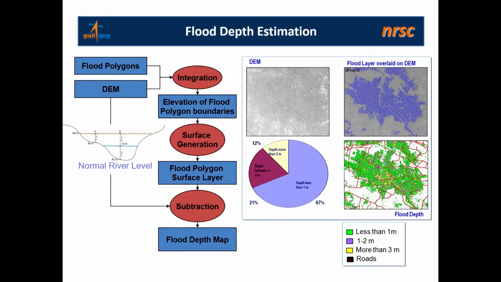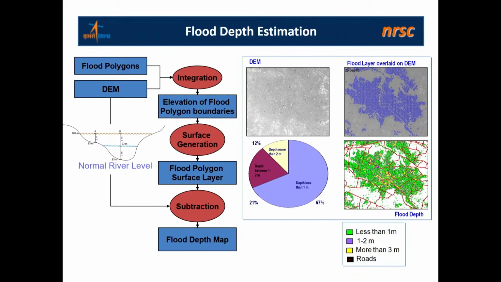As you can see on the left side, it is demonstrated, we have a pre-flood water level of 92, and then the river has risen to 100 meter, and once we subtract these two, we get a difference. This is a basic concept that is used in all the hydrological or whatever software we are using to estimate the depth.